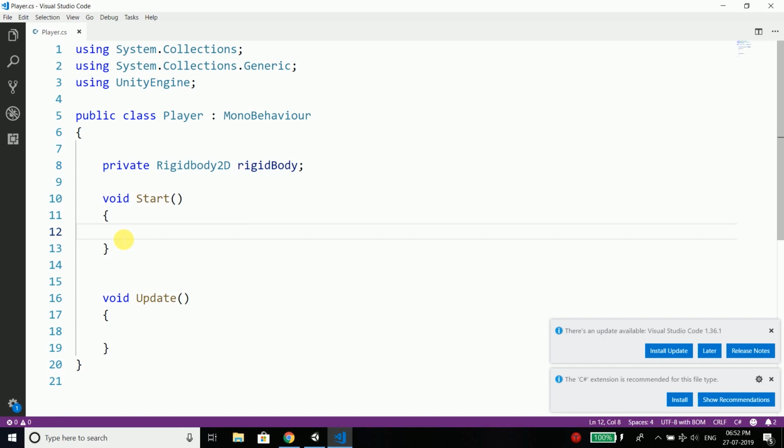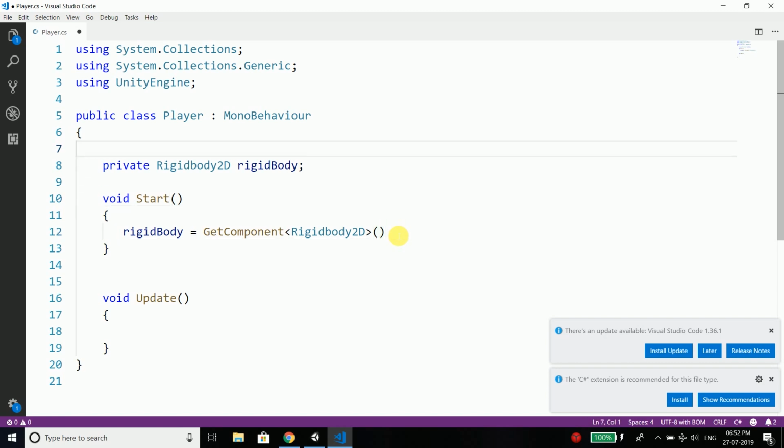So here we will write rigidbody equals GetComponent, and this function GetComponent will get the component from our player, and the component that we need to get is Rigidbody2D. That's it. So you need to write it like this. We have GetComponent, Rigidbody2D, and the function parentheses, because this is a function. So we have the rigidbody.